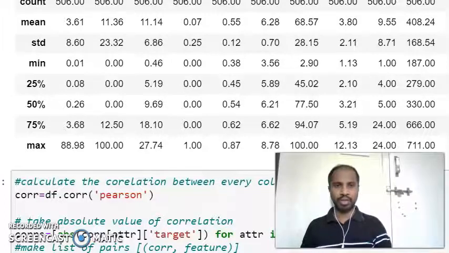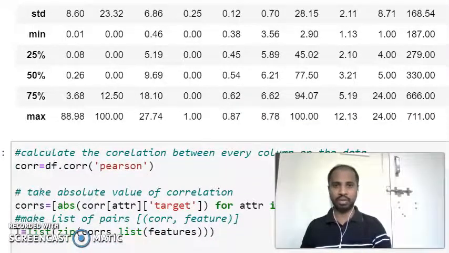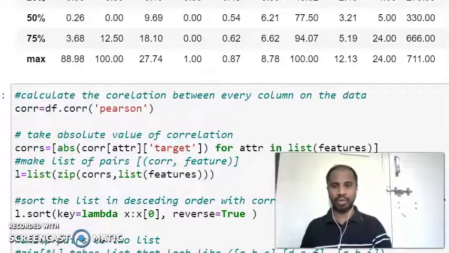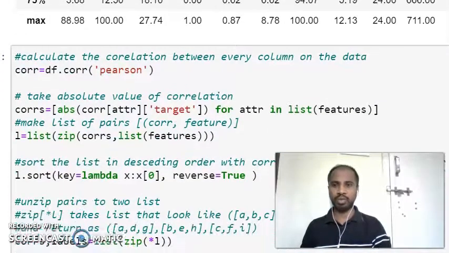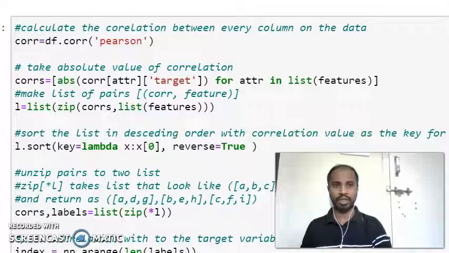First our aim is to get that relation, how they are related: the target value with the LSTAT value, the target value with the RM value. So we will use correlation here for getting the relation between the target value and its attributes.